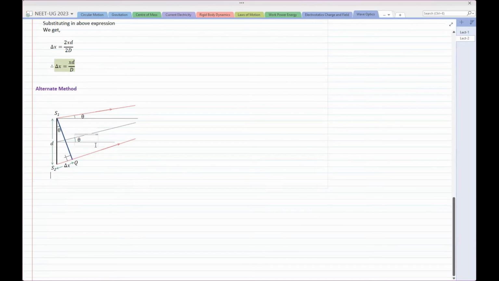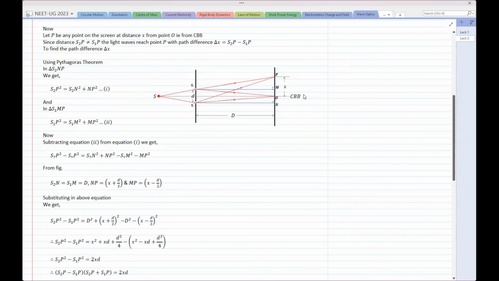ये वो part है जो source की तरफ का part है. Okay. Then I have dropped a perpendicular from S1 to this line. So construct segment SQ perpendicular to segment S2P. If you construct that segment, then if angle PS1M, अभी ये diagram, of course ये इसके respect में वो enlarged